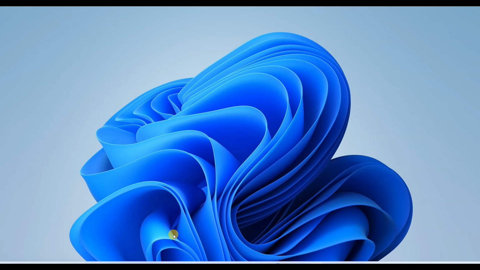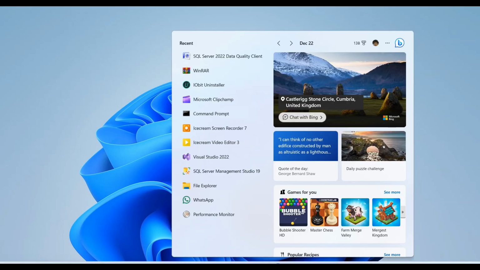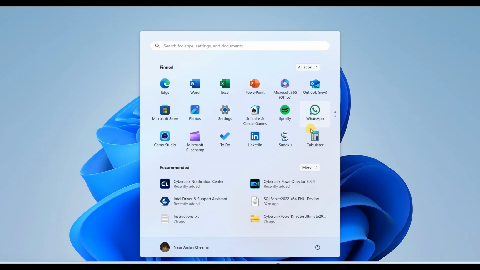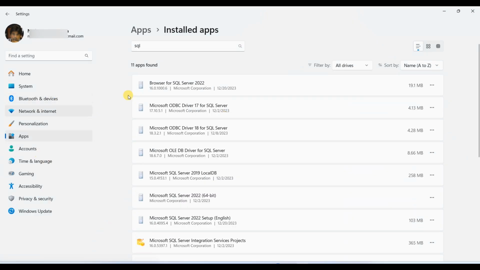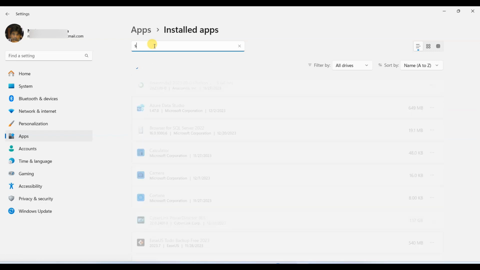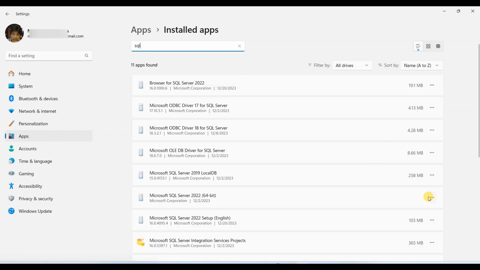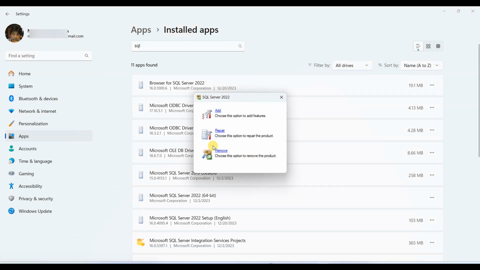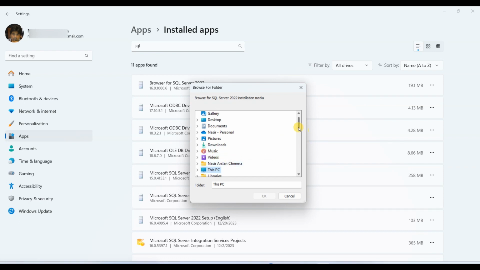But if you haven't done that, then what you will do? You will come here in settings, apps, and whatever your SQL server is, search SQL and come here and say uninstall, and instead of uninstalling you will say add, and it will ask you where is your installation ISO file or media. You will click OK,